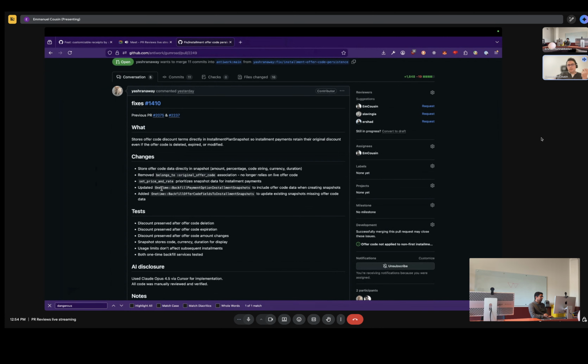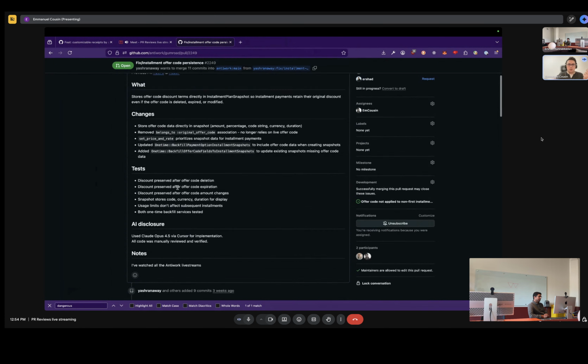Yeah, and then there is the backfill service because we need two things. We need to backfill the existing snapshots that were missing the discount code information, and then we also need to backfill the purchases that were not having snapshots as well. Right. Which was already taken care of, but we need to do this again to make sure it's stable and highly important. A lot of tests,